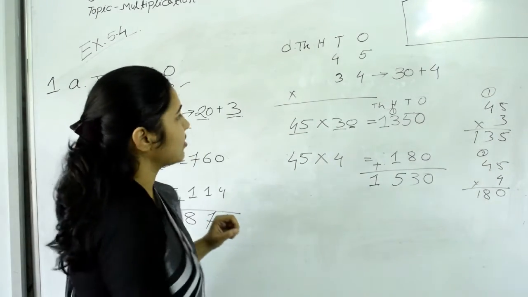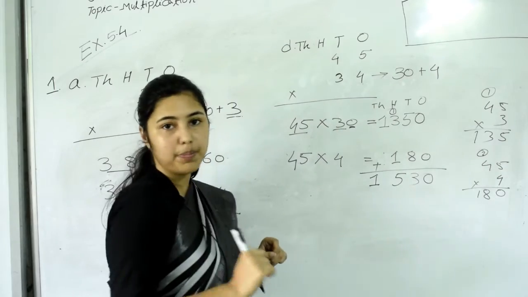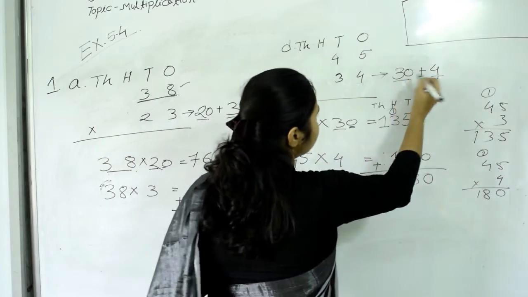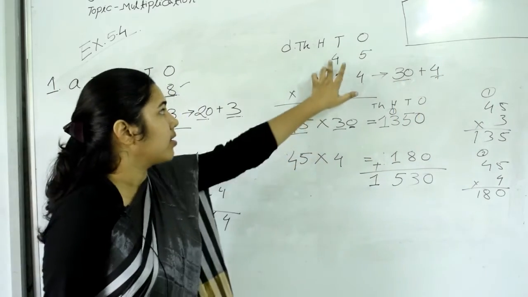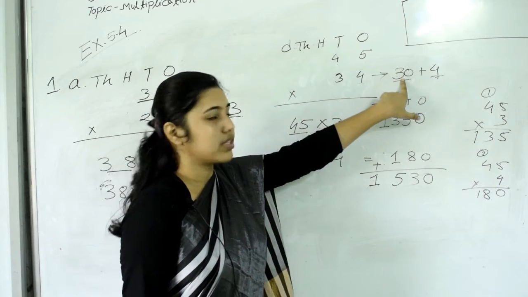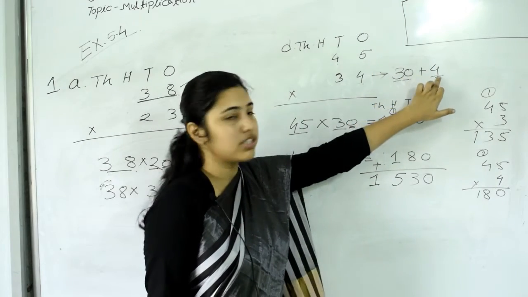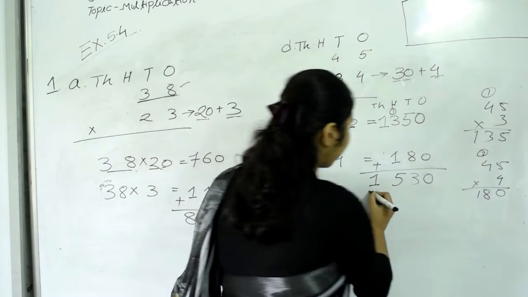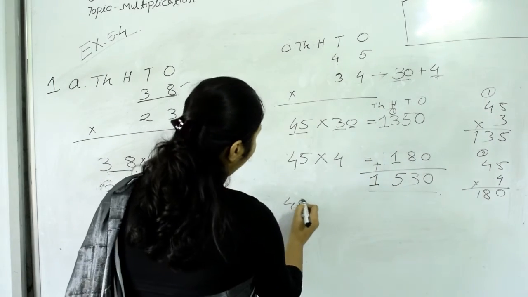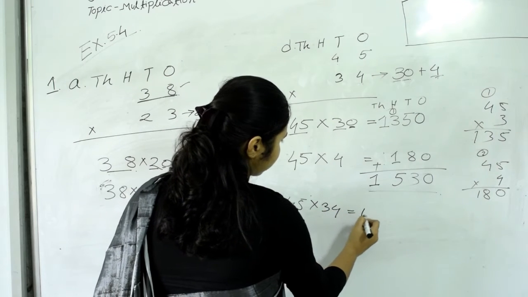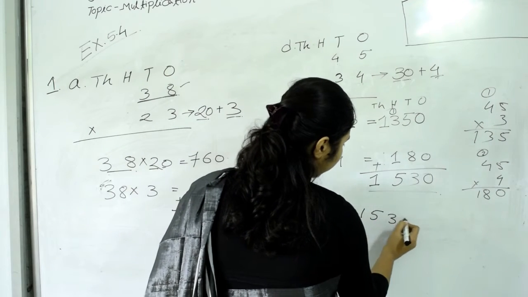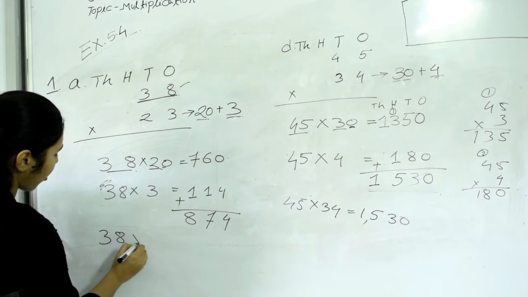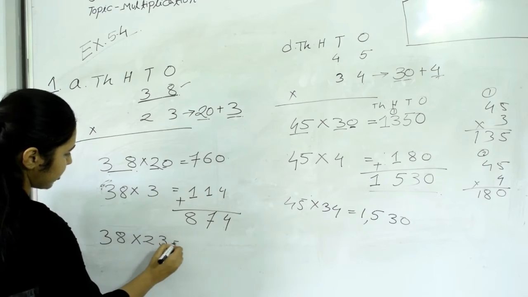So our process is first split the multiplier as multiples of 10, which means 30 plus 4, and then multiply 45 with 30 first and then with 4, and next add these two products. So here 45 into 34 equals 1530. In this case, the product of 38 and 23 is